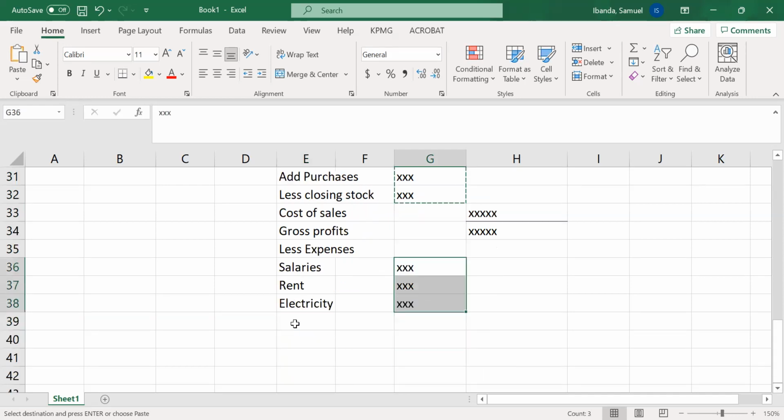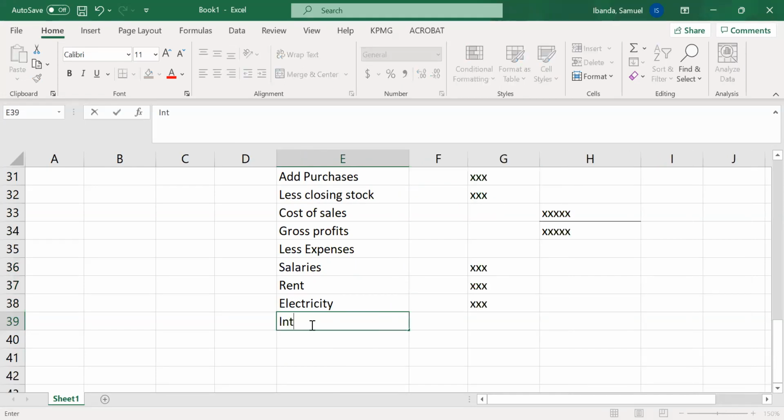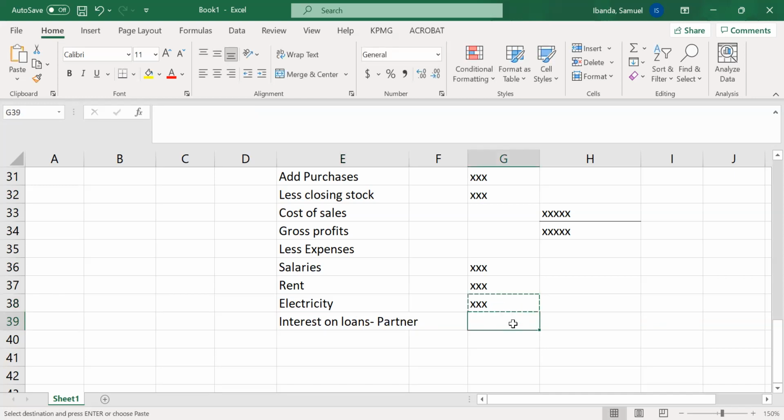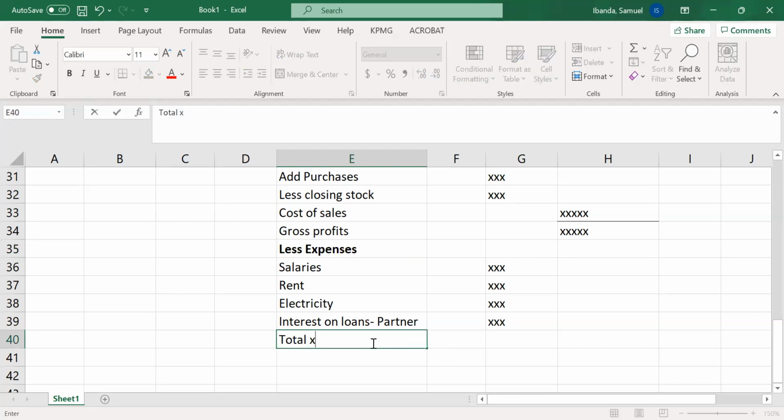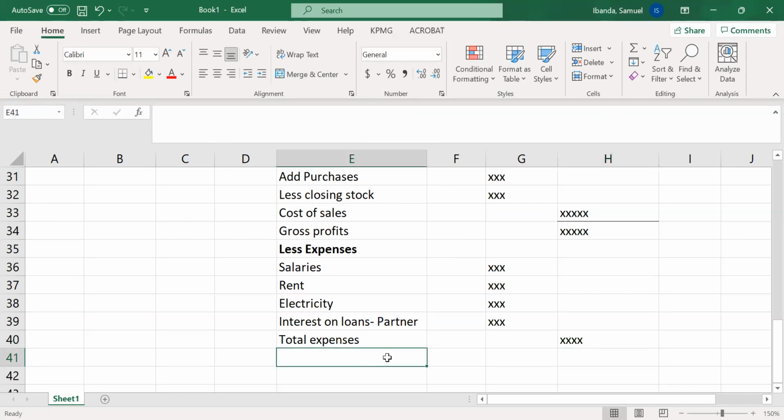Now, one of the things they are also telling us is that when it comes to the interest on loans, it is recorded right here. The interest on loans is recorded right here. And this is the partner loan. It is recorded right here. And we are going to see why they are trying to emphasize so, okay? So after you have done all this, definitely you have your total expenses. Right there. And you have your net profit